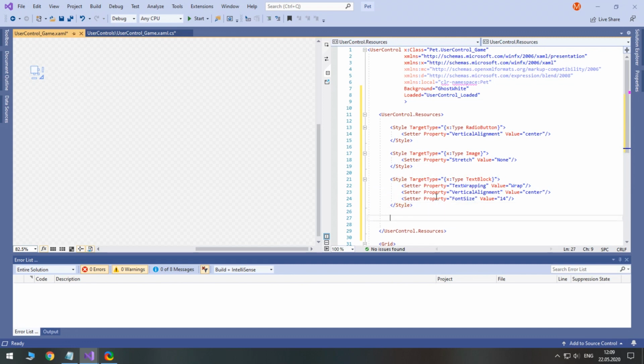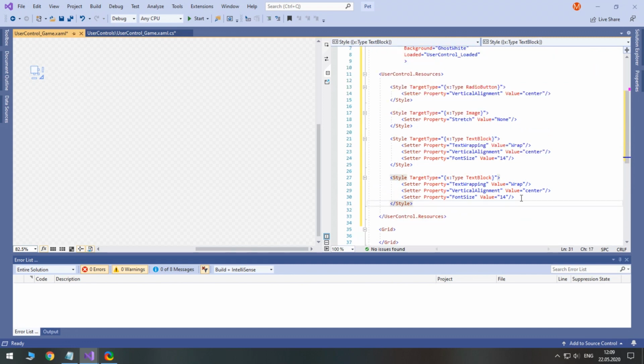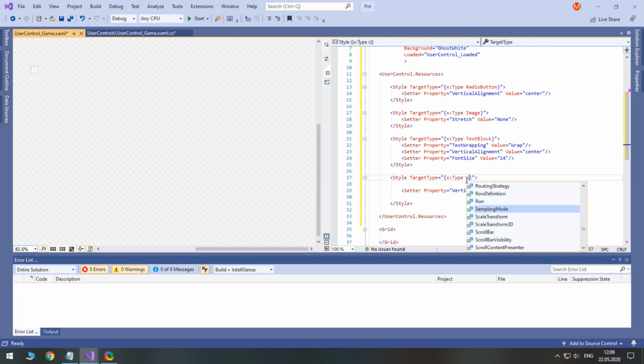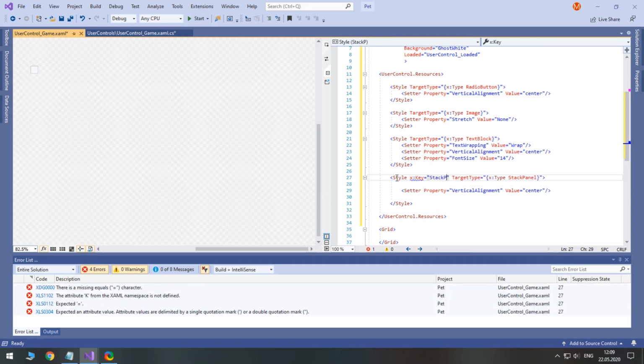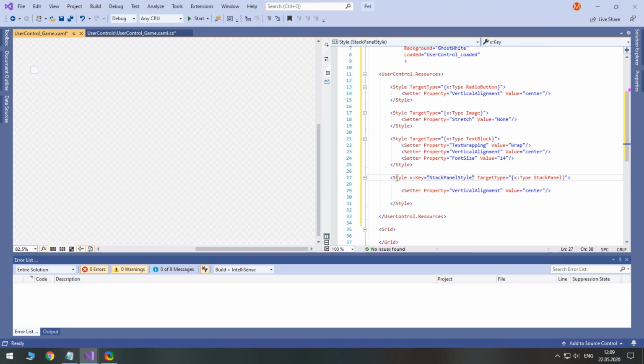Finally, let's recreate stack panel style from user control select pad. Now we are done with user control resources.